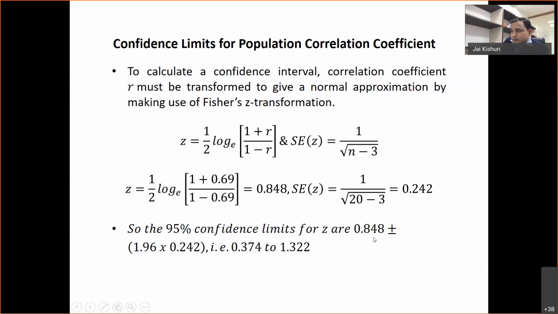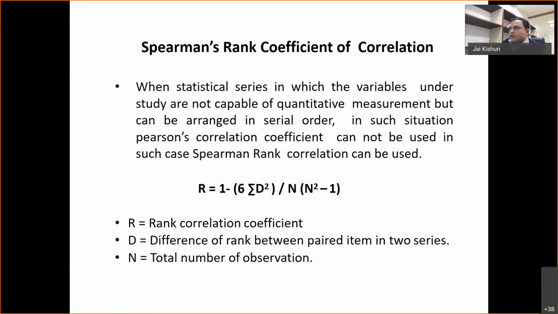So here you can see the value of Z, plus or minus 1.96 times this standard error. So you can get the confidence interval if you want to estimate it. Now let's come to the